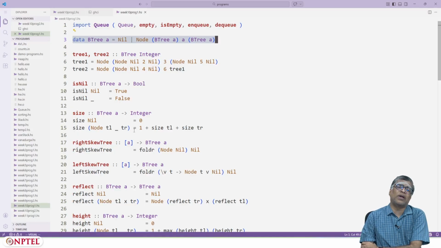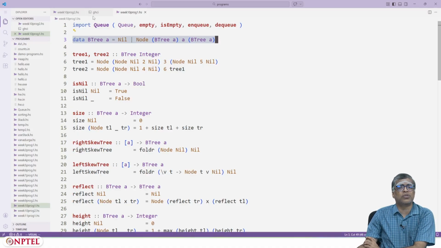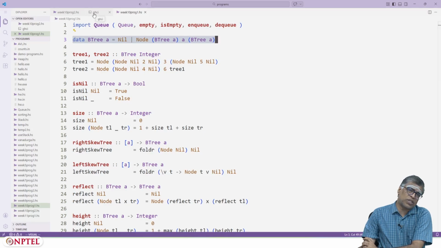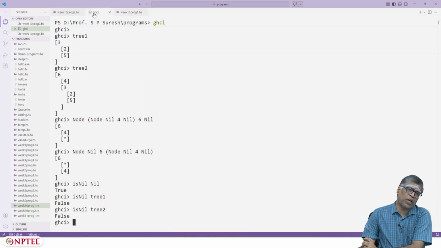nice ways of creating a tree from a list. One way of creating a tree from a list is what is called a right skew tree, and another way is what is called a left skew tree. I'll run these in GHCi and you will realize what these things mean.